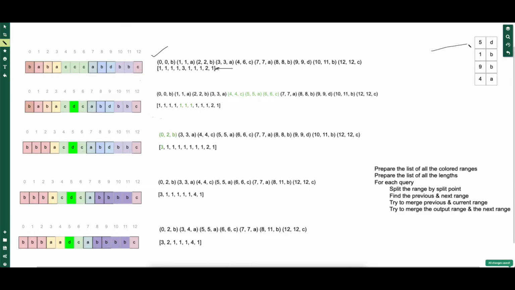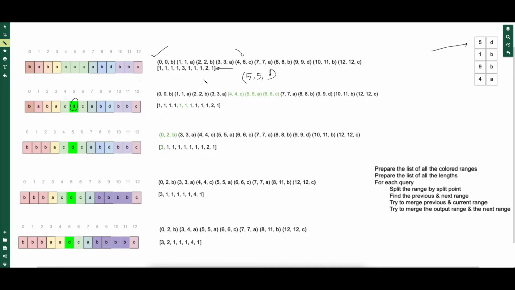Now let's say we got the first query, replace fifth character with D. What we will do is we will first see where in this list the fifth occurs. So 5 will occur here. Now as discussed, we will keep 5 separate altogether. So we will just keep 5 comma 5 with D,